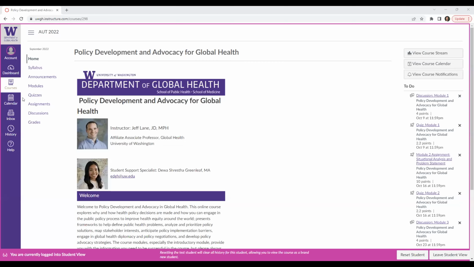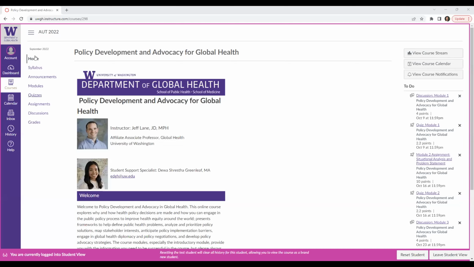I'm finding that a lot of people tend to have issues with this inbox feature. Sometimes messages don't get delivered right away, and then if you send an attachment, those don't always come through. So really the best way to reach me, and the way that really seems to work the best, is to just email me at edugh@uw.edu.